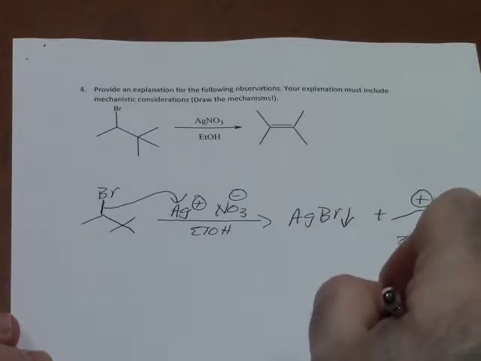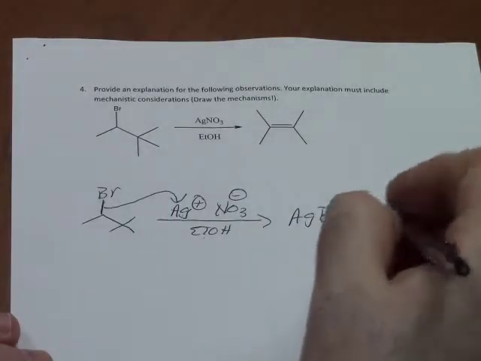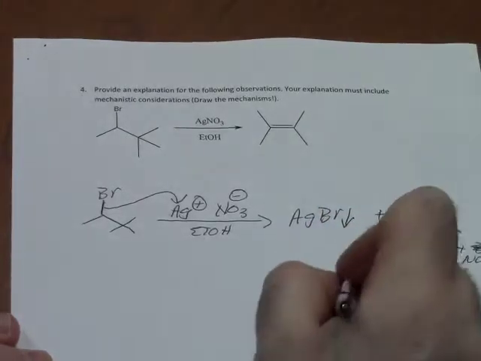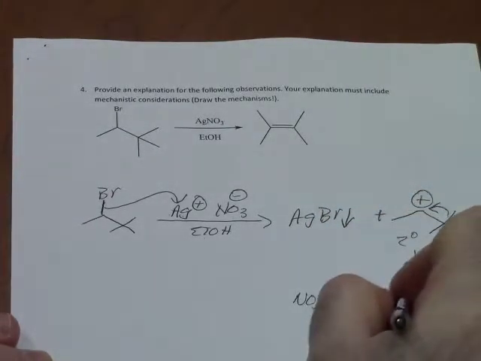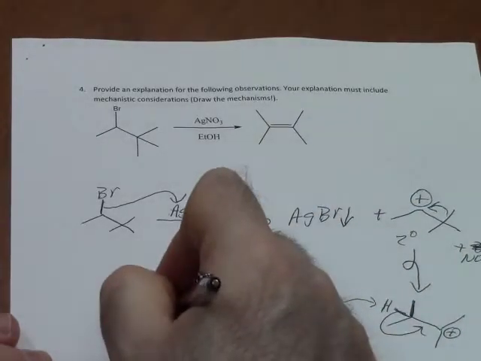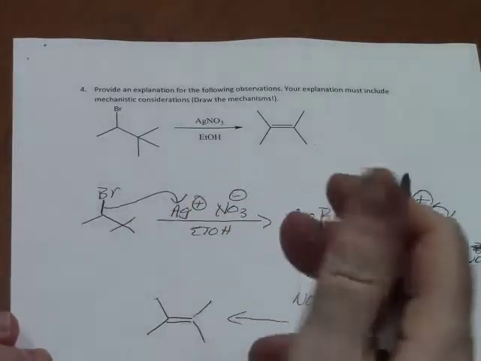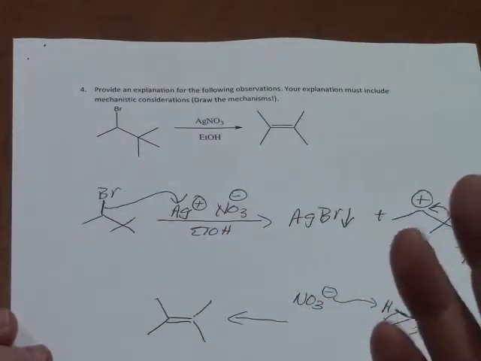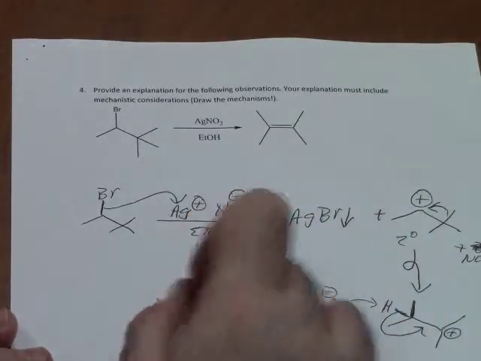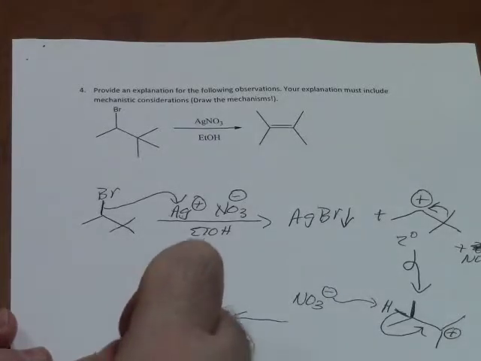I now notice that I have a hydrogen on this carbon atom, and so you could have your conjugate base come in and abstract and form the alkene. And of course that's like nitric acid, or ethanol being protonated. So you can use either the ethanol or the nitrate as the conjugate base. I don't really care in that particular context, but